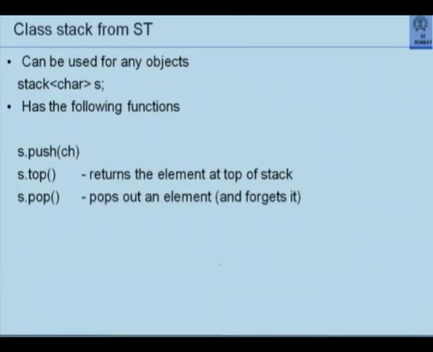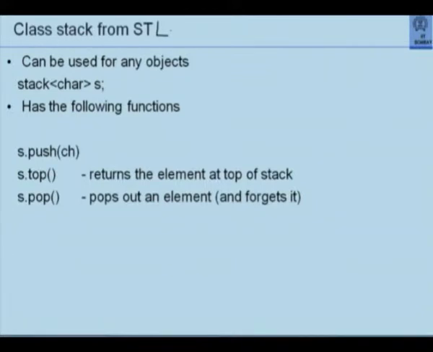This is the stack class from STL. This STL stands for Standard Template Library. What is the difference between a standard library, such as the string class, which we had used earlier, or any class definition such as we give, and a template library? The difference is that in our efforts to define classes or other standard classes that you see, the classes define objects, all of which have some very specific basic elements.